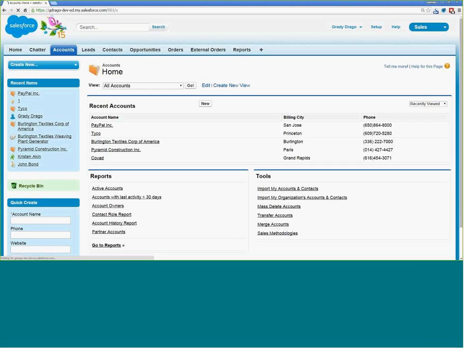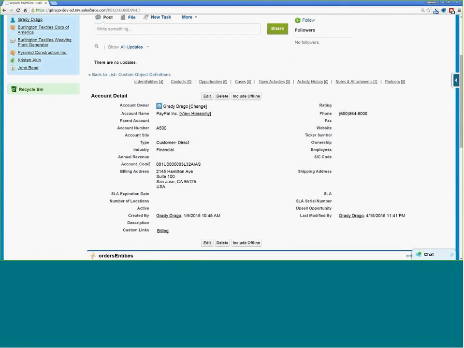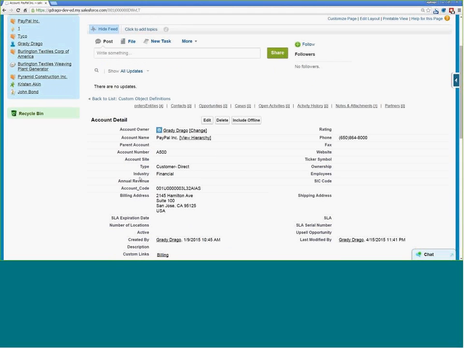So the way that we would do that, what I'll do is I'll go to the account objects to show you this. On an account object, we've created an external ID field called account code. Now, this is where data integration is still a part of adding value or allowing you to further leverage the ability that Lightning Connect provides to you. So what we have to do is place the ID from the external data on the account record, on the parent account record.